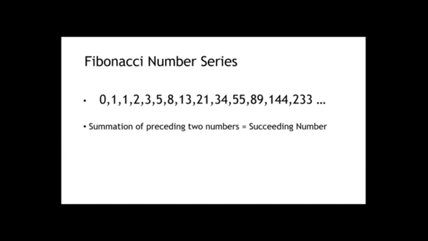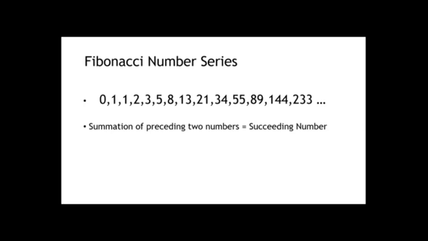Fibonacci and the market. Leonardo Fibonacci was an Italian mathematician a long time back, around, I think, the 1530s. I might be wrong with the date, but he did come up with a very intriguing number series. The number series looks like this: 0, 1, 1, 2, 3, 5, 8, and it keeps on going till infinity.